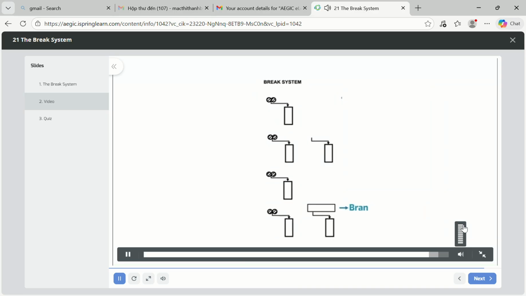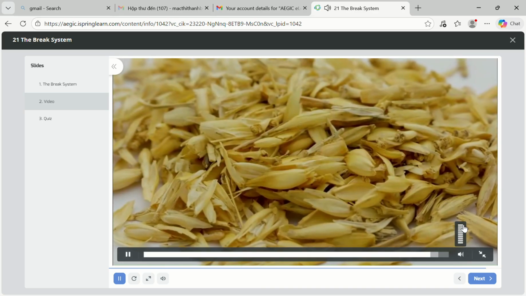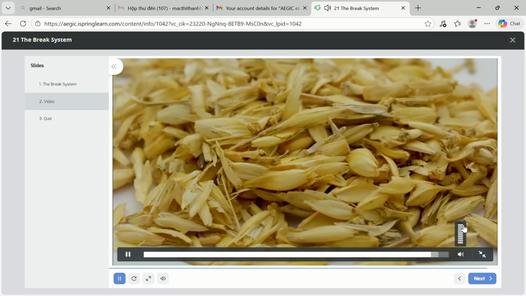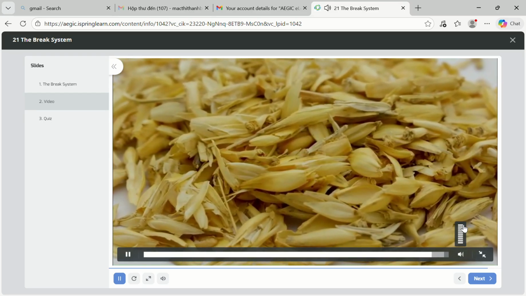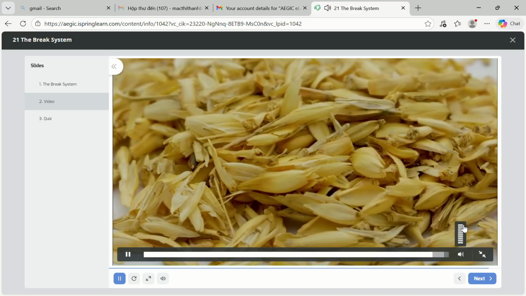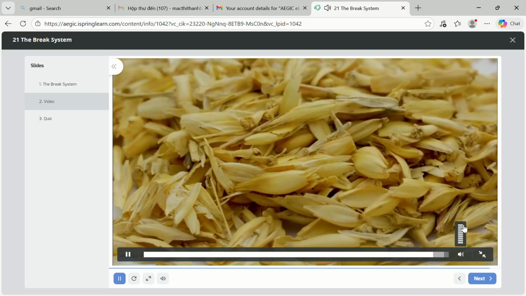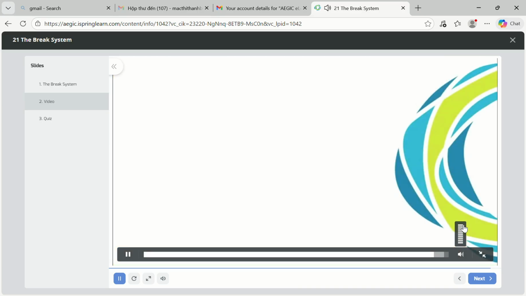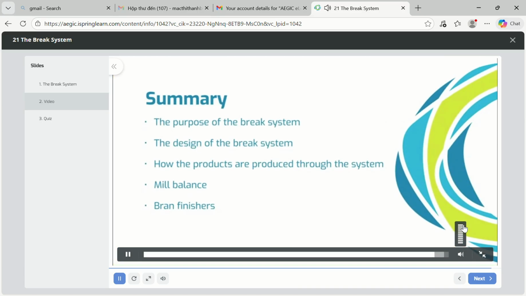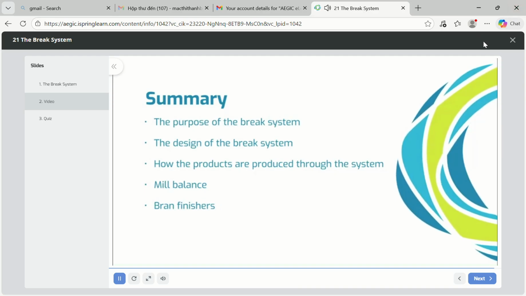Finally, it produces clean bran, which is either sent to a bran bin or mixed in with ground screenings from the screen room to form an animal feed product called wheat feed. This chapter has covered the design and purpose of the brake system, how the products are produced through the system,